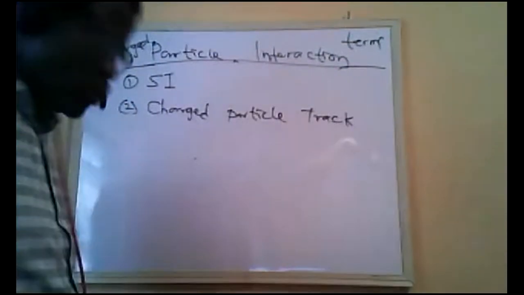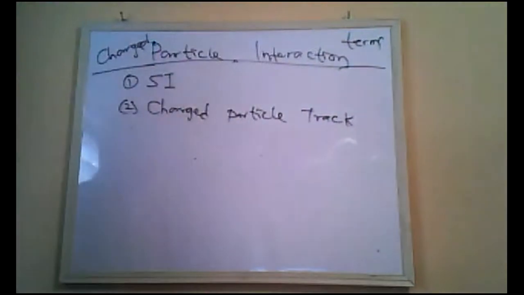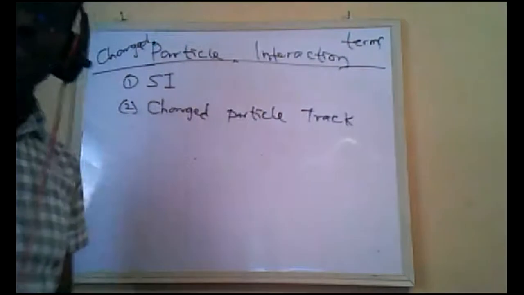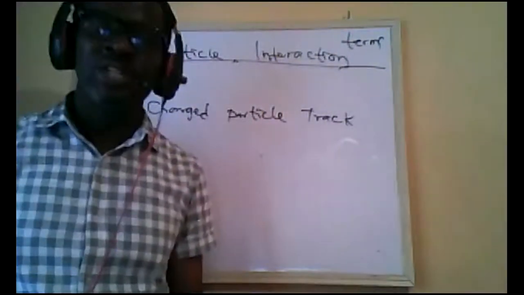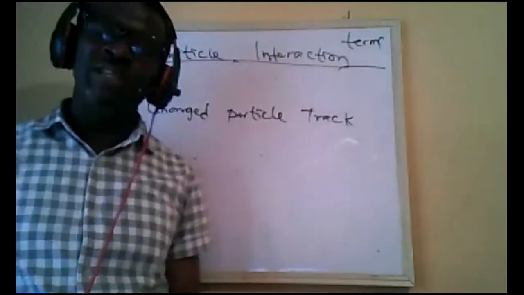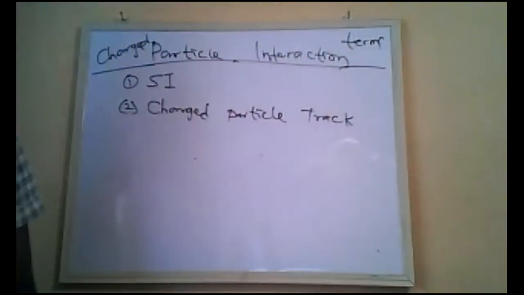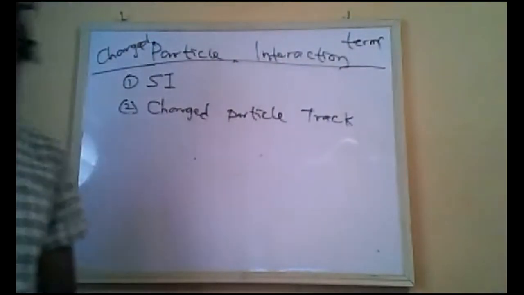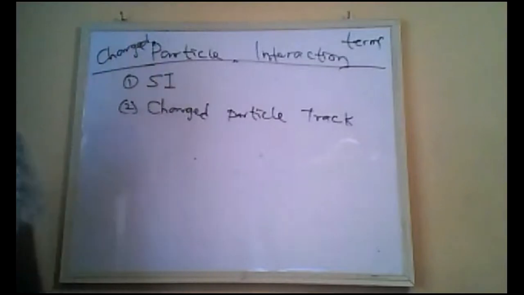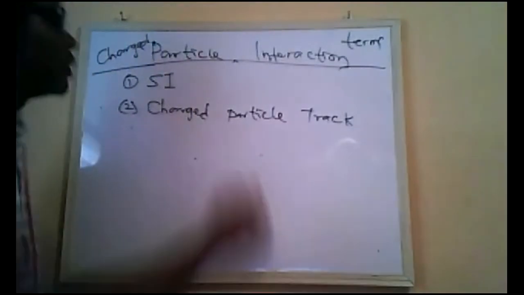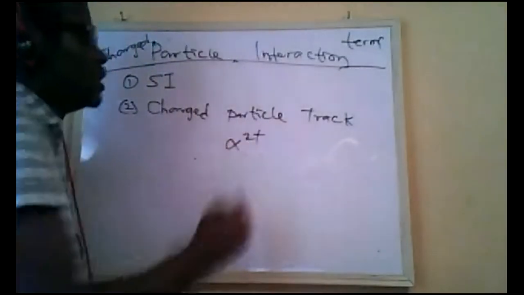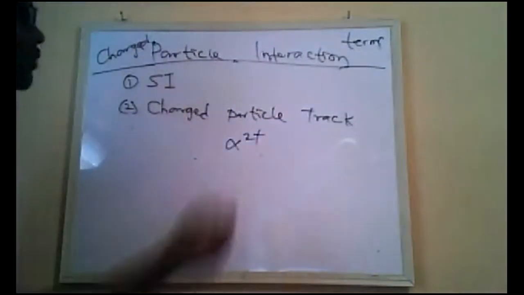As a charged particle moves in a tissue of interest, it creates a path, and the path depends on whether the charged particle is heavily charged or not so heavily charged. If it is heavily charged, like a proton or an alpha particle, the charged particle track will be different from